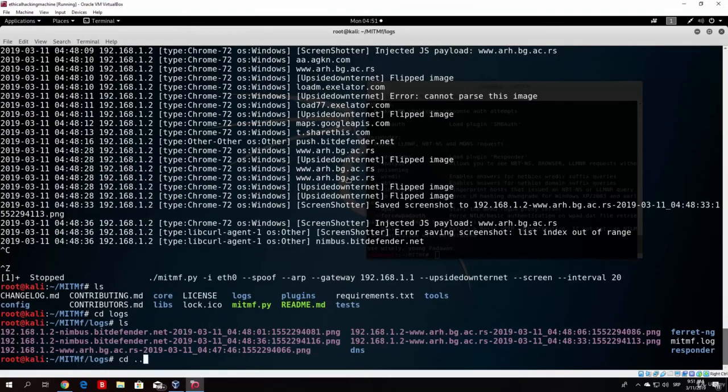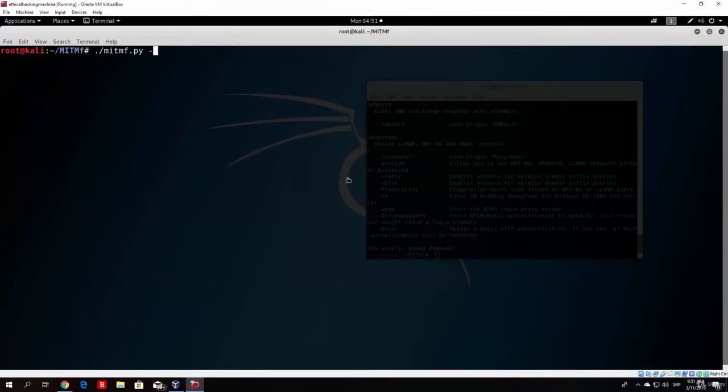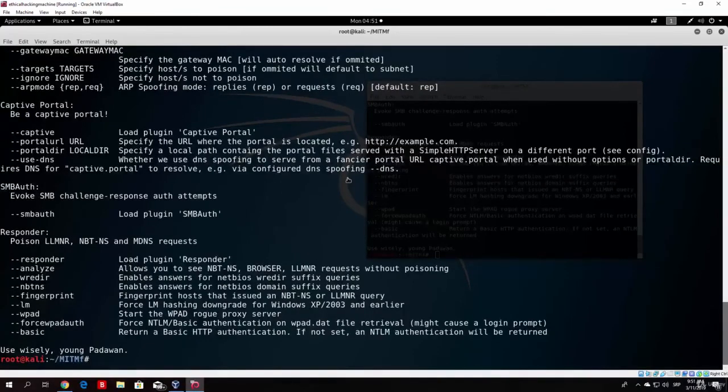So let's see what else we can do. We will not be running any more attacks. I just want to show you that there are other things you can do as well. Such as, for example, I believe you can run a shell shock attack with this tool using this command right here. So MITMF, then -i for the interface. Then right now what you want to use is spoof, and then DHCP, and you can use shellshock. And right here I believe you need to specify a command. So for example, hello, and you will be able to run the shellshock attack, which we covered even before